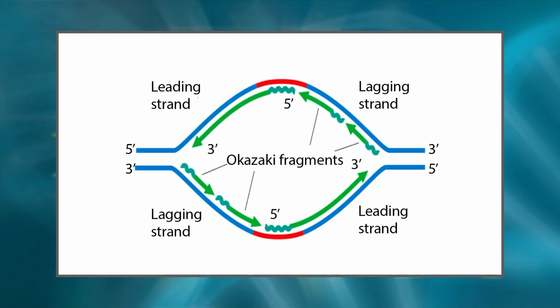But how? By the joining of discontinuous small pieces of DNA by DNA ligases that are synthesized backward from the direction of movement of the replication fork. These small pieces or fragments of the new DNA strand are known as the Okazaki fragments. The Okazaki fragments are then joined by the action of DNA ligase, which forms an intact new DNA strand known